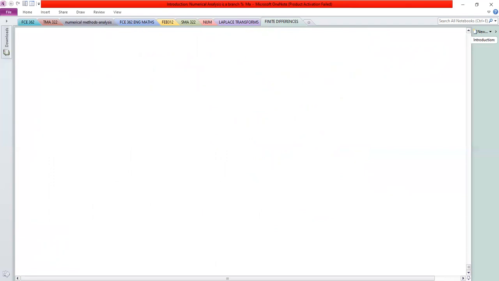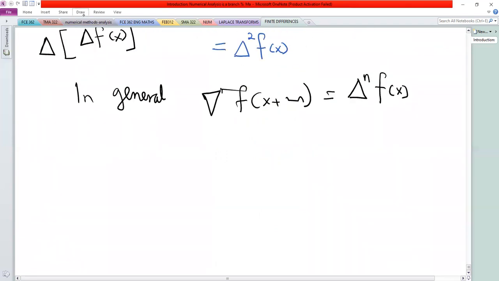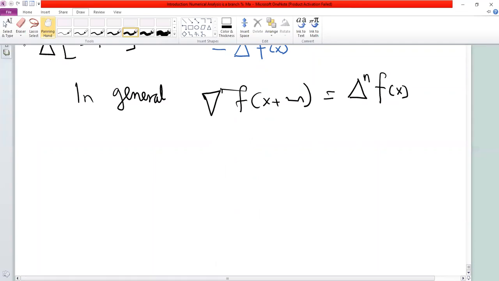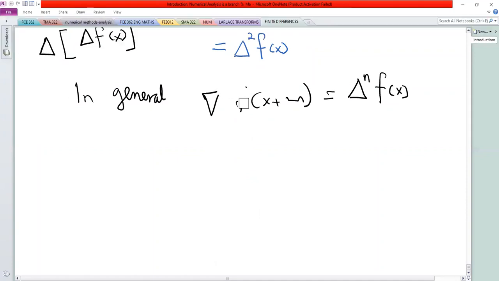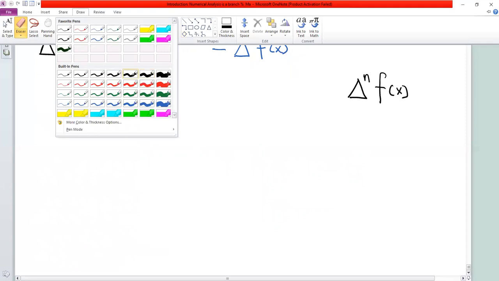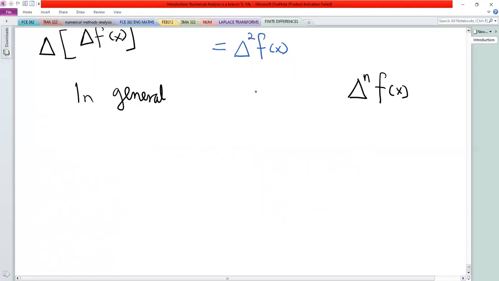Now, okay, let's just write this one properly. Backward power n f of x plus nh. So this is the result